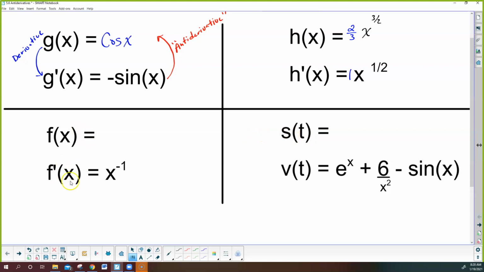And I've got a tricky one. This one always gets kids, because what if you follow the same rule? I had to add 1 here to get it up to